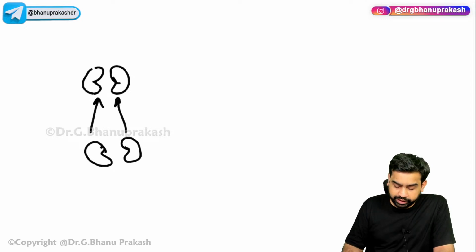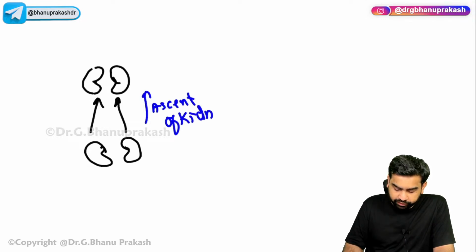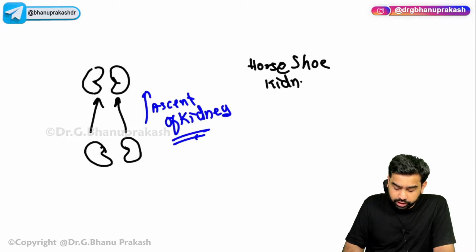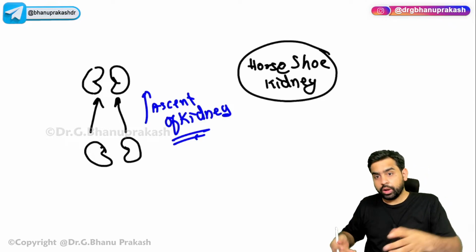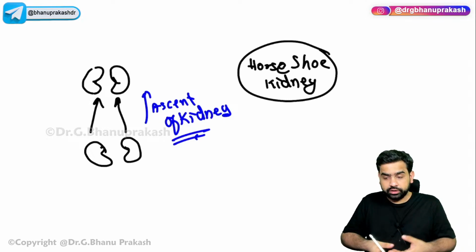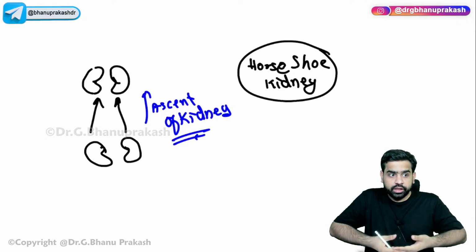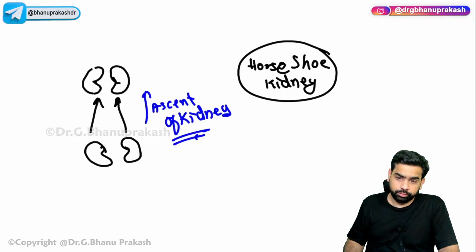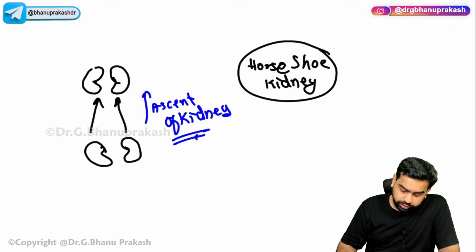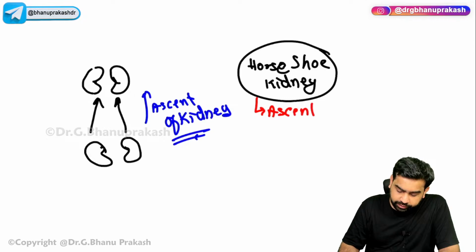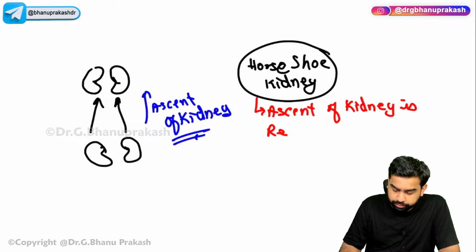Now what you need to understand is that during the embryological period there is an ascent of the kidney which basically takes place. If there is a patient who has a horseshoe kidney, what is going to happen? The lower poles of the kidneys are basically joined together. Now when the kidneys are ascending, this ascent can be restricted by something. Please try to understand, if there is a horseshoe kidney, the ascent of the kidney is restricted by